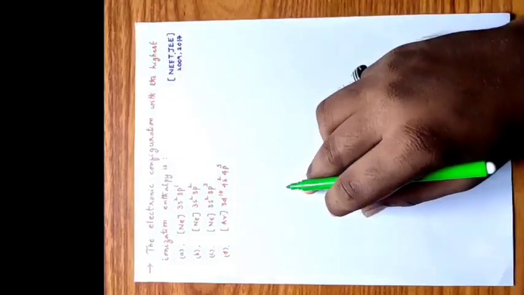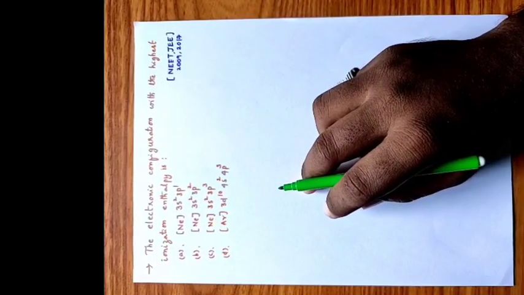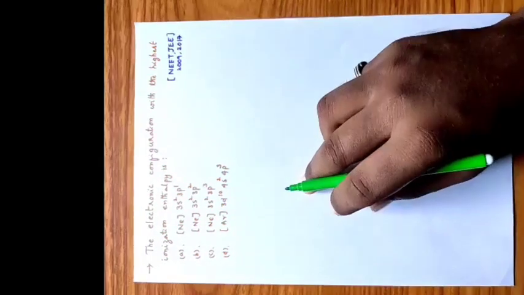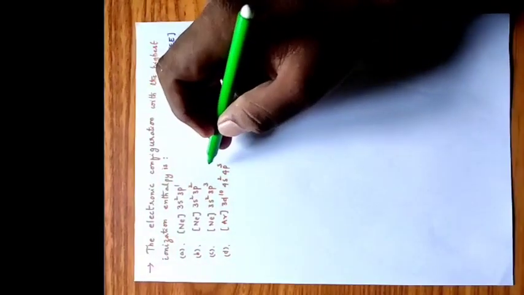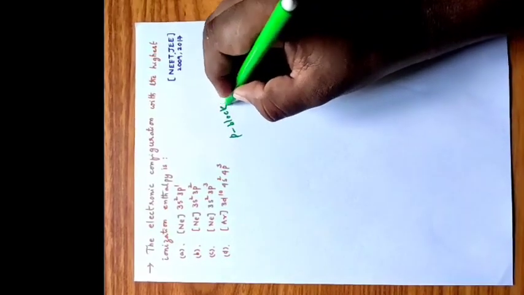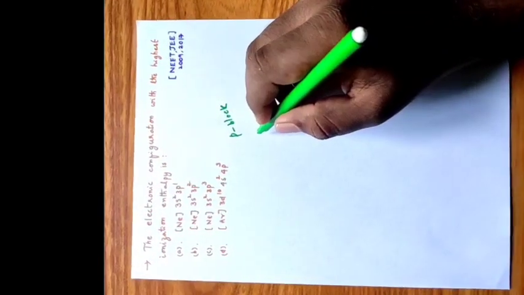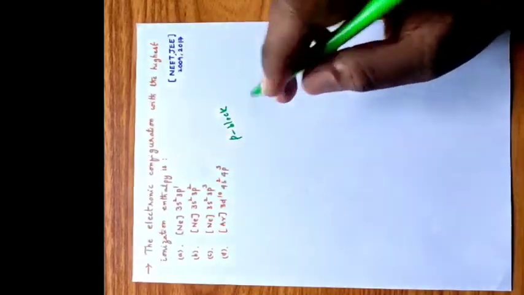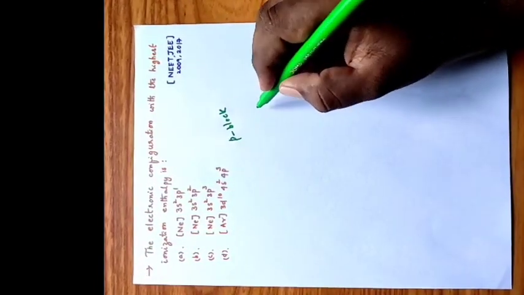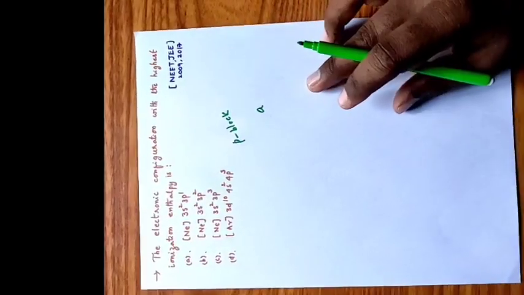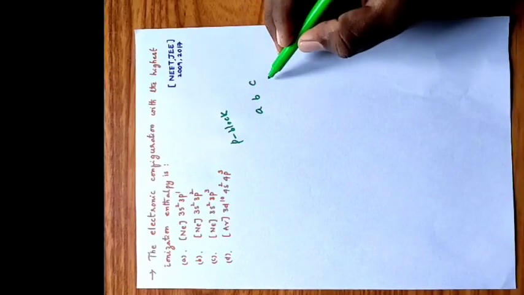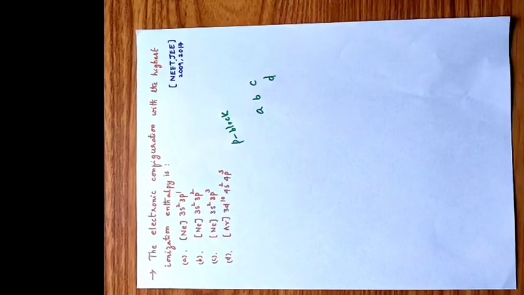Let us discuss one more question. This is also about ionization enthalpy, and here they have given 4 elements, and if you observe, these 4 elements belong to the P block, right? These are all P block elements, and we need to try to arrange them in order. So first element A will come, followed by B and C. Below C, D will exist.